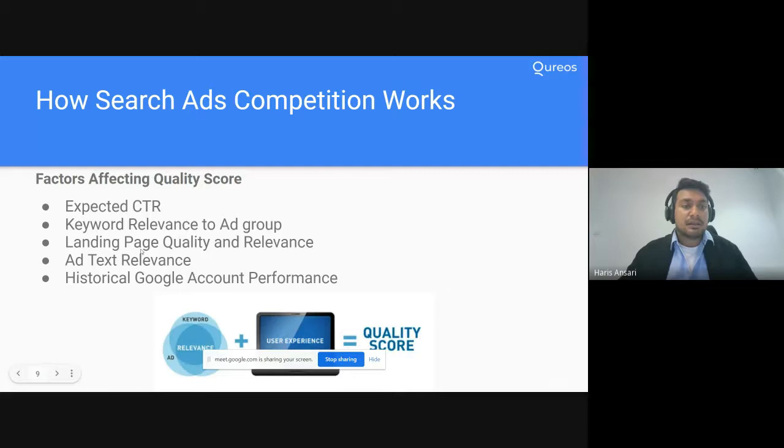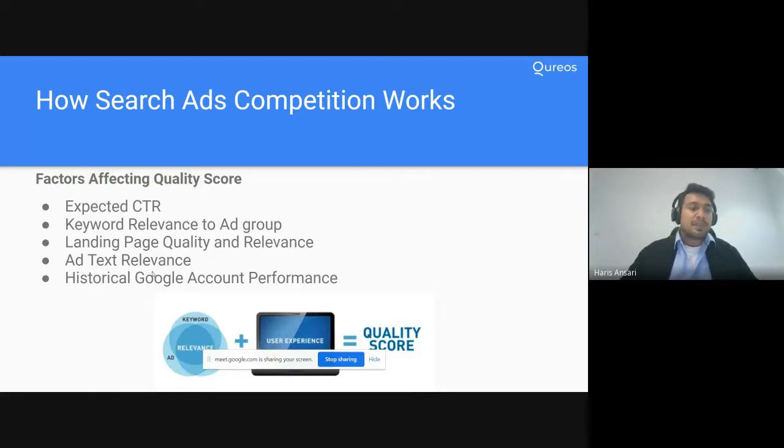The third thing is the landing page quality and relevance. When somebody clicks on the link, he or she goes to the website. How is the experience on that website? Is it convenient to use? Is it fast to load, and is it giving the right information or not? Similarly, ad text should be relevant. If I'm searching for a gym near me, then the ad text should have a relevant answer to my question,